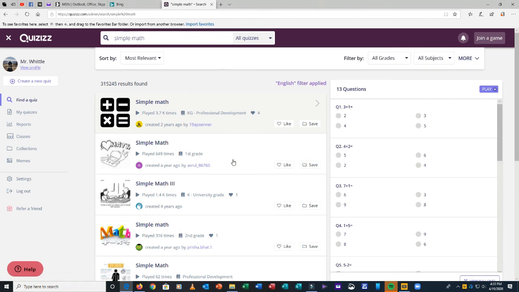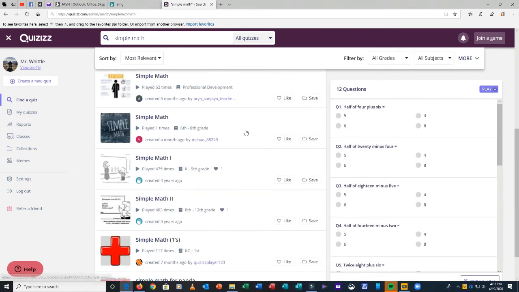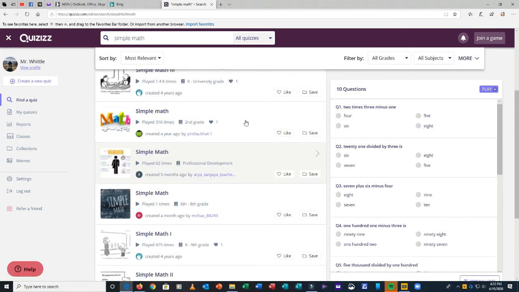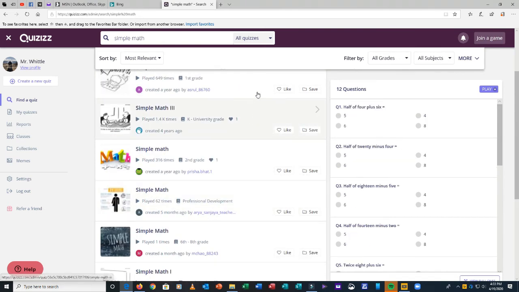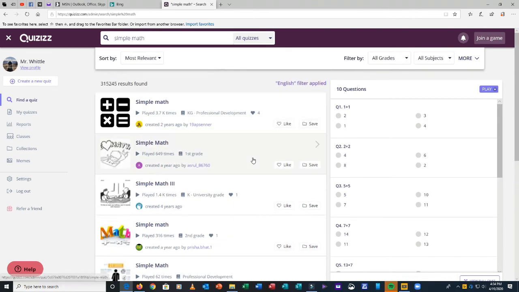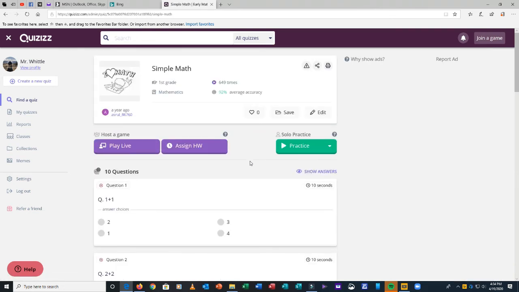Again, if you hover over these, you can see how many questions there are, and you can hit play right from there. But we don't want to play right from there, so we're just going to find the least amount of questions that we can. So let's just do this right here. This is pretty simple, and it's only 10 questions. So once you click on it,